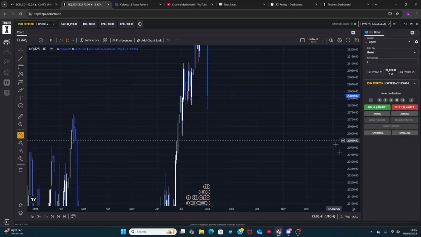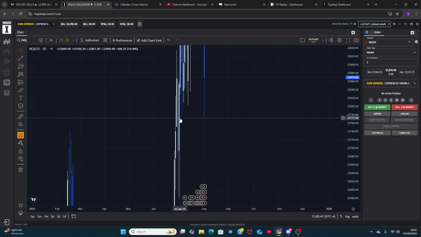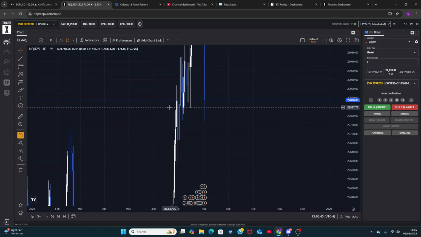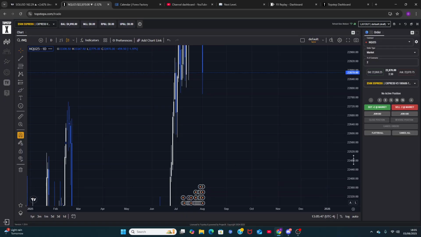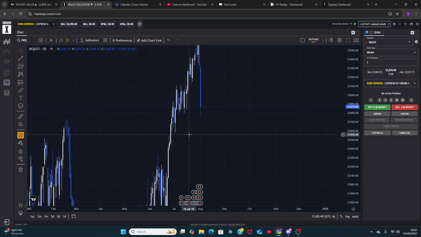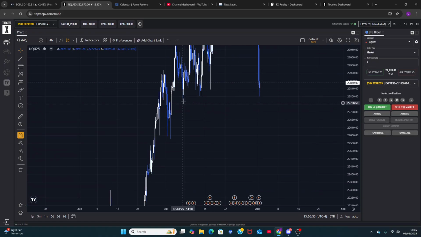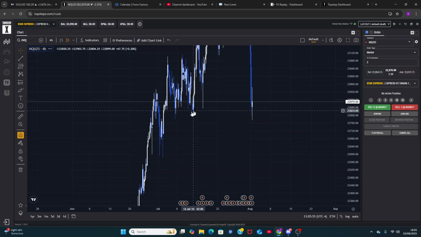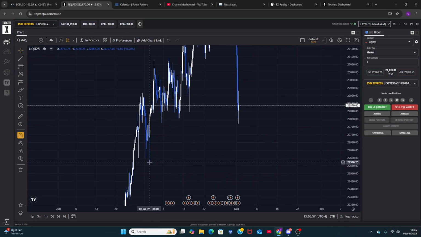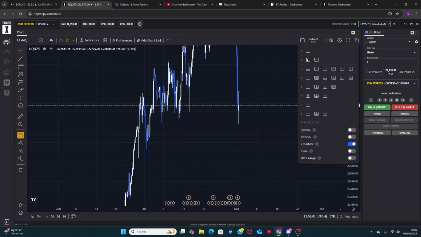Now we have overall reached all of our daily lows. Like all of these have been taken out on NQ. So our next target, to me, it looks like this low here, which can easily be taken out eventually. So all these lows have been taken out, I'm pretty sure. Even this one, yeah. Every single one of these lows have been taken out. The next one's this one, right? So that's our target.